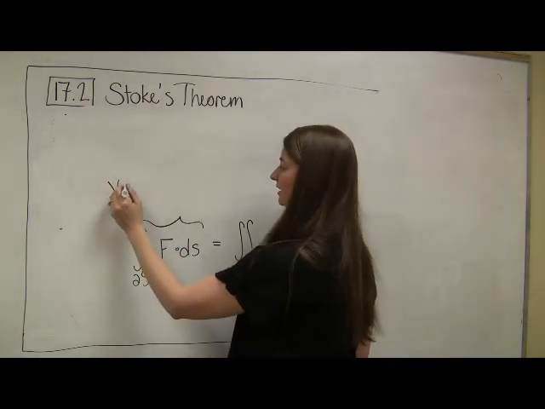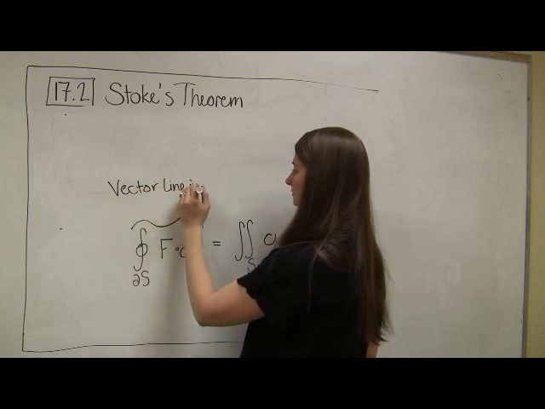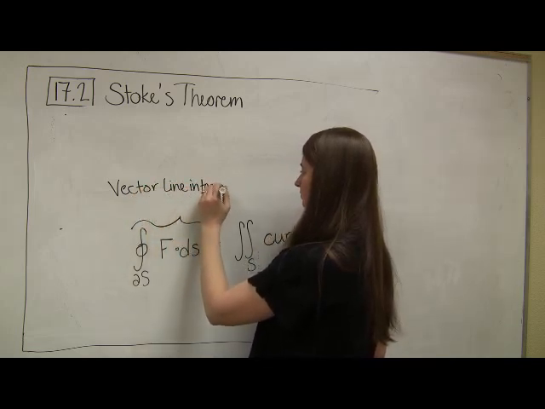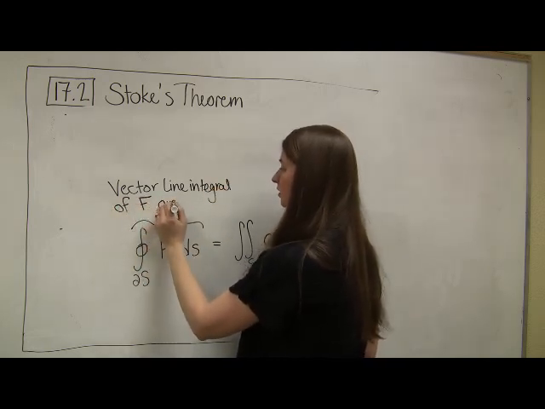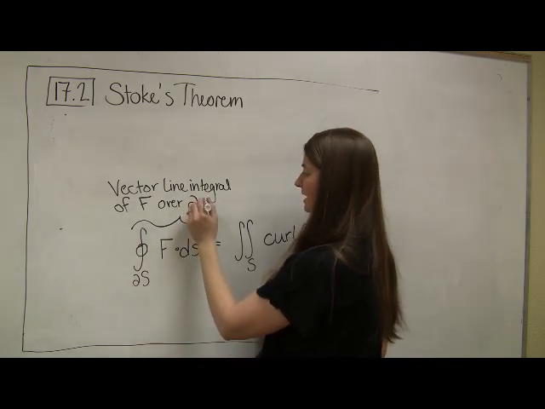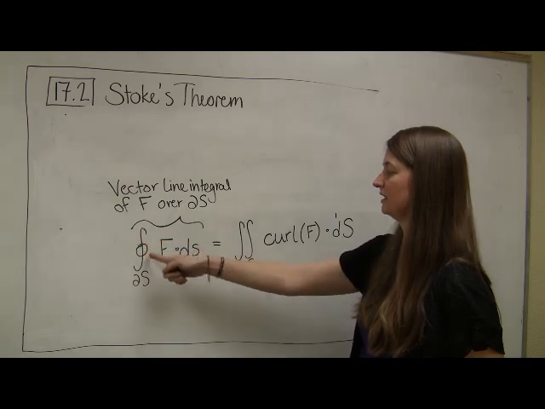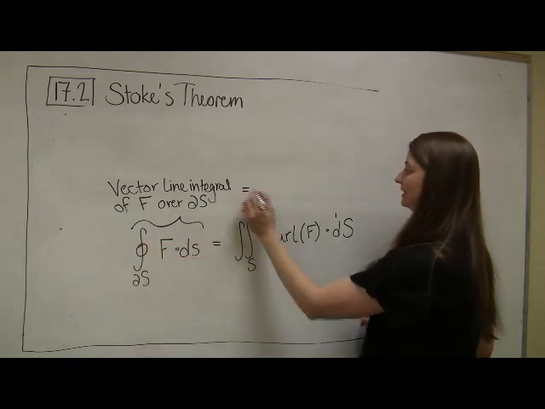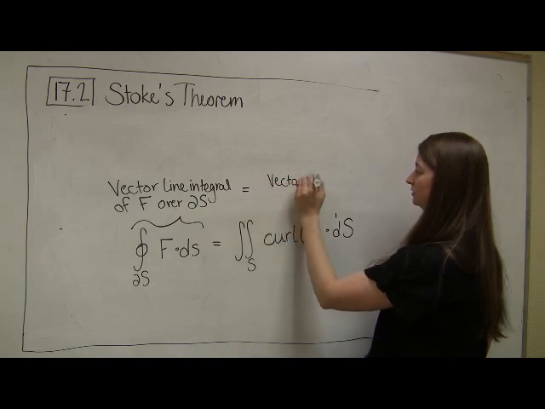So we're saying that the vector line integral of our vector field F over our line, in this case our parameterized path given by the boundary of S, which has to be closed, that's what the circle is telling us, is going to be exactly equal to our vector surface integral